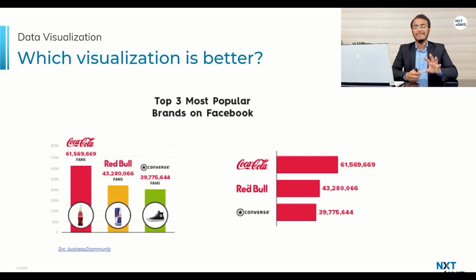Clearly these are not as bad. Both of them are okay. They are not as bad as the examples of bad visualization that we have seen so far. But even among these two, which is a better visualization? That is a question for you to answer. So how do we say which visualization is good and which one is bad? So for that,